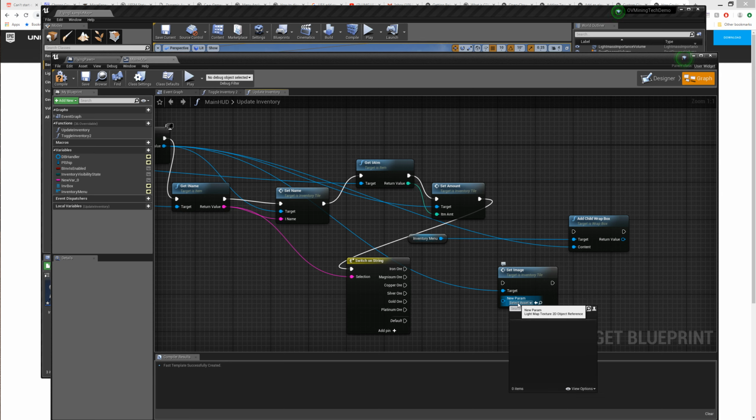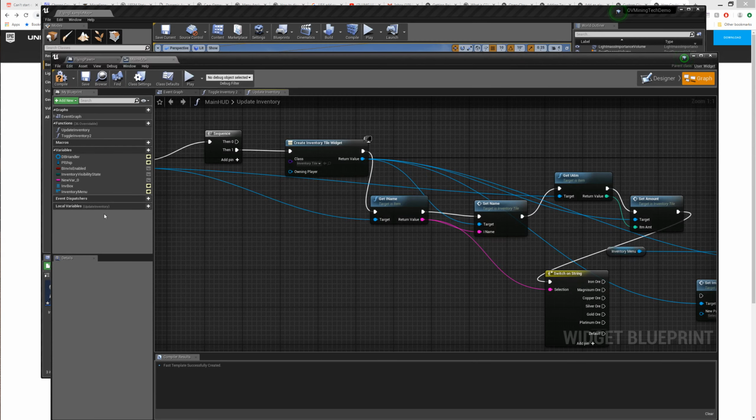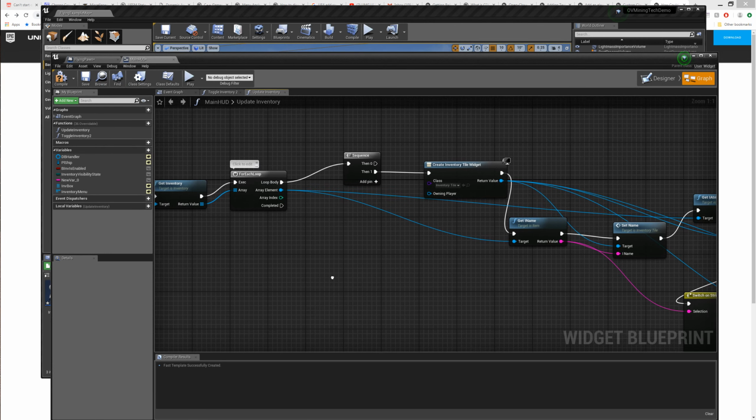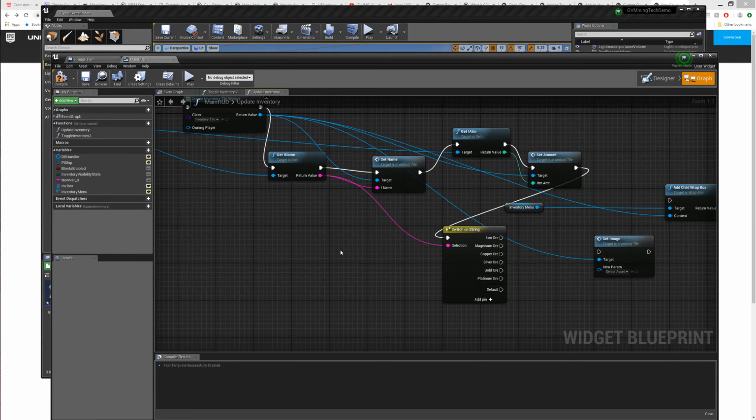Light map 2D texture object reference. So do we, I guess, well, that'd be annoying. I guess we could, let's see,